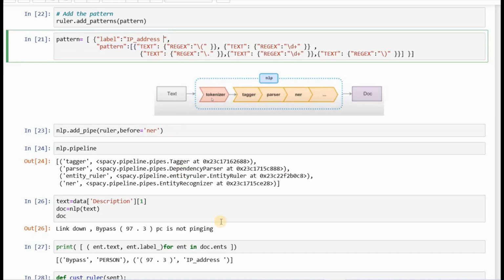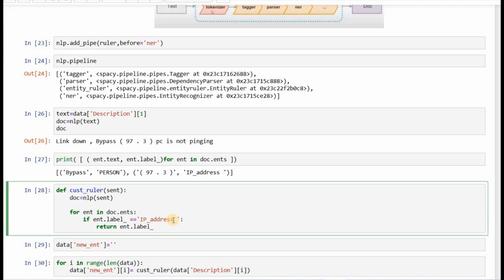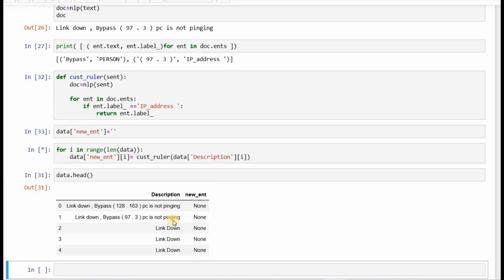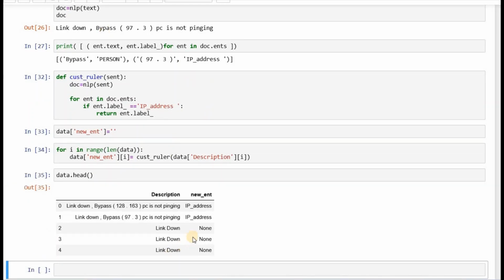IP address space, and here I have not given it, see the space is identifying here. If I give an extra space and match it, then let's see if I get it right. Yes, you can see that it's coming now. So that was the error, we forgot to add the space.